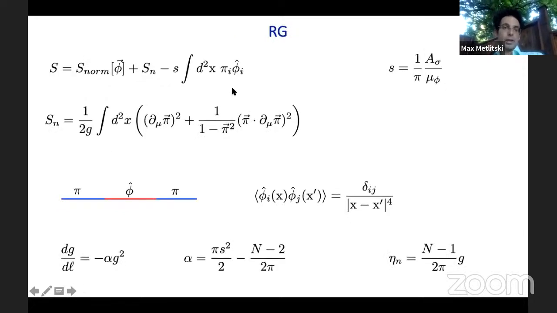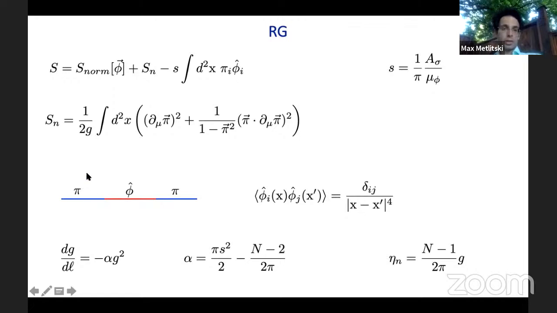Anyway, so now we know the full action of the theory, and we can proceed with the RG analysis, right? So we do RG analysis just as we do it for the nonlinear sigma model. There is this coupling G. We want to understand how it runs. There is a contribution to running coming from this vertical interaction, the nonlinear sigma model. This gives this n-2 term in alpha, but there is an extra contribution from this coupling to the bulk fields,